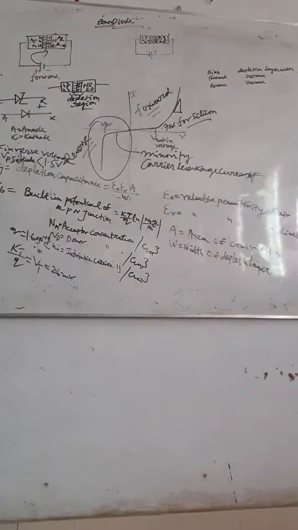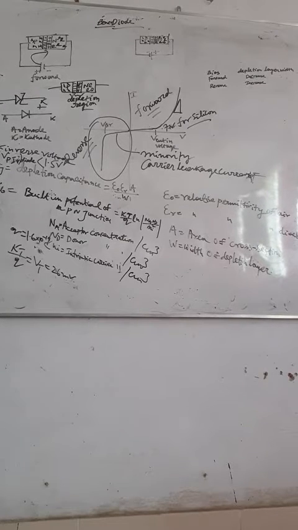The Zener diode VI characteristics look like this. This is the reverse bias curve. This is the breakdown voltage VBR. This is V, this is I. This is called the knee current. Starting from this knee current, the Zener breakdown starts. Knee current means the starting of the high flow of reverse bias current due to the effect of Zener breakdown.